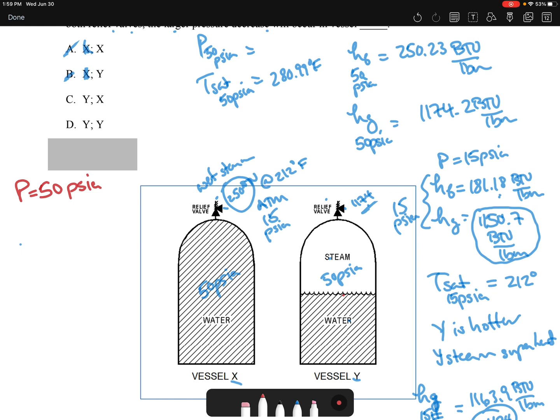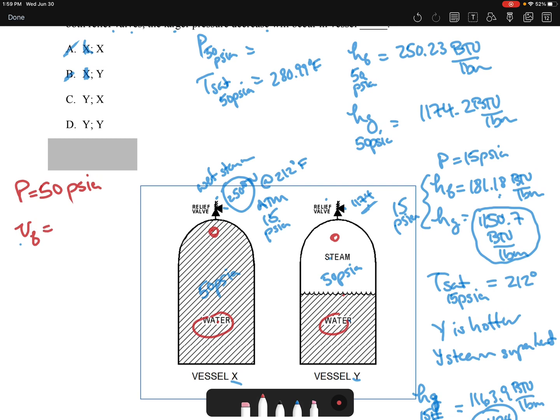If 100 pounds mass comes out of here and 100 pounds mass comes out of here, what's the volume that this space is going to lose? That's the way I want you to think of that. How the pressure drop happens is, what volume is this space going to lose? So we have a specific volume for 50 pounds saturated water, right? We call that the VF at 50 pounds,